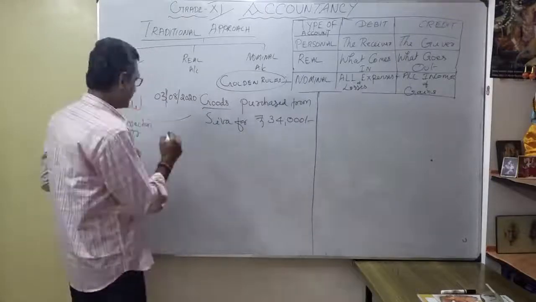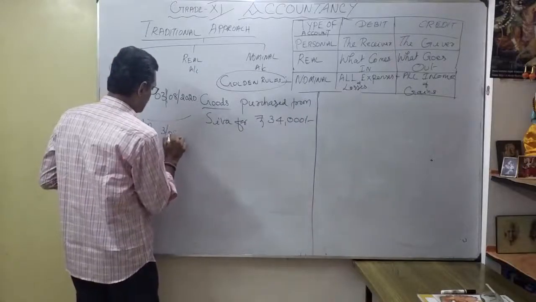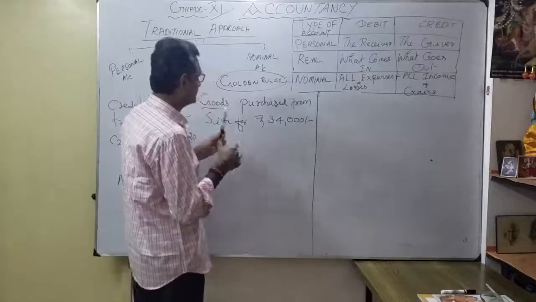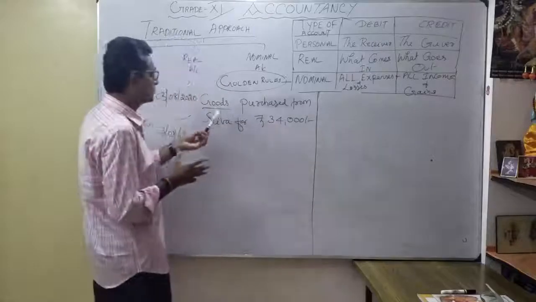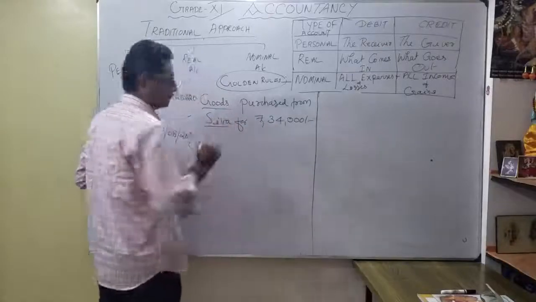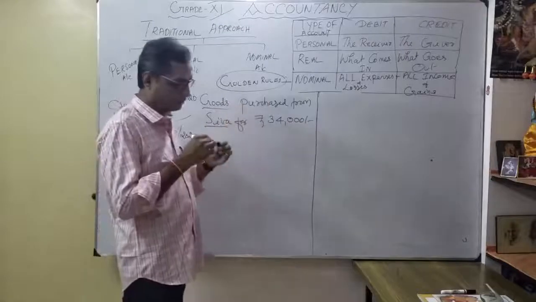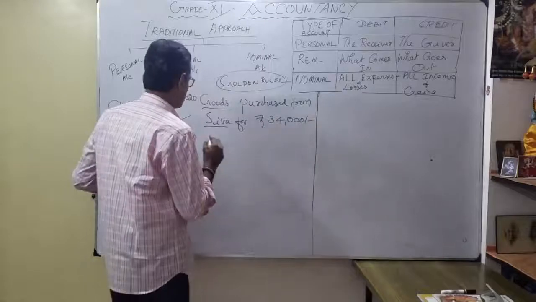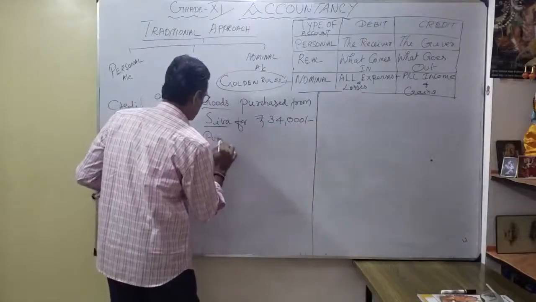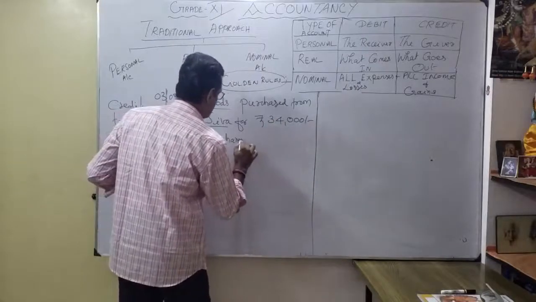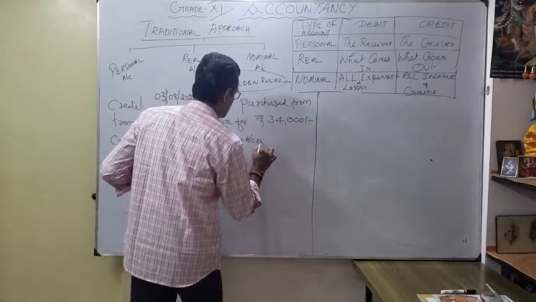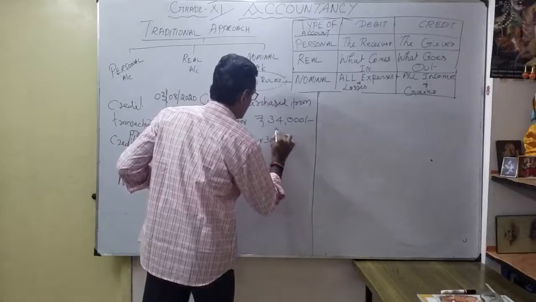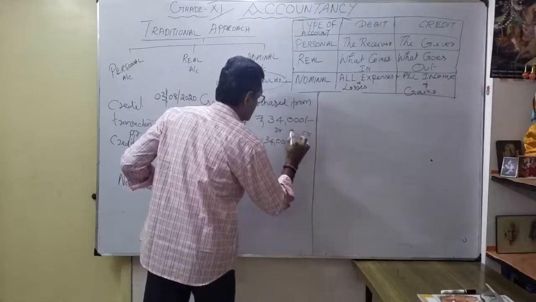So as you know, again I put the date, 3rd August 2020. Here we do not mention anything for cash payment, it is implied. Goods purchased from whom? Shiva. Goods purchased comes under real account. So what do we debit? I put it here, purchases account debtor, how much? 34,000.